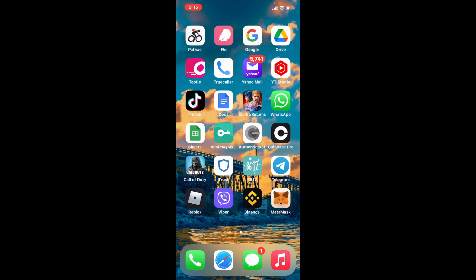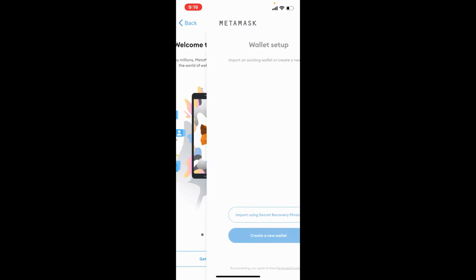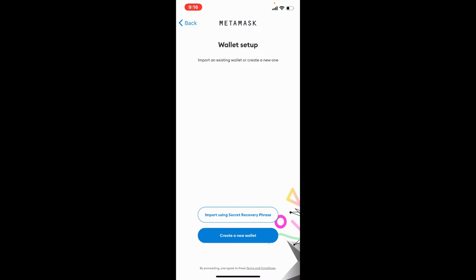To sign in or log into Metamask is pretty simple. Open your Metamask application from your app drawer. The first interface of Metamask will look like this. Tap the Get Started button at the bottom of the page, and now on the next page you can log